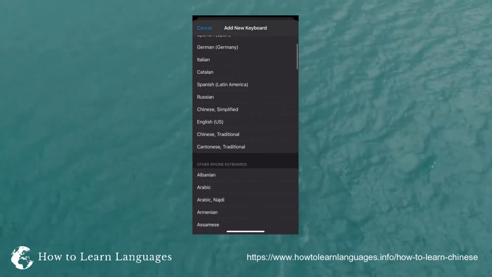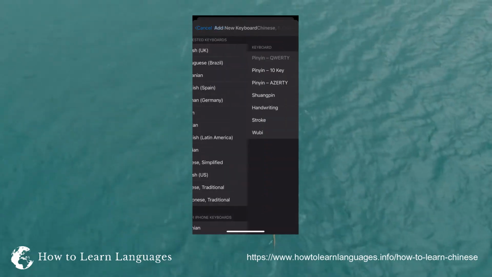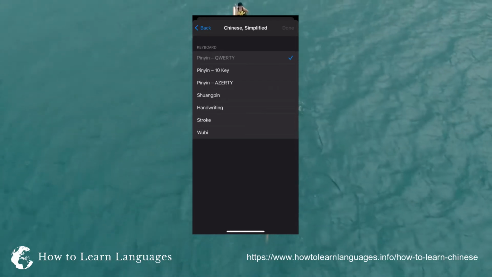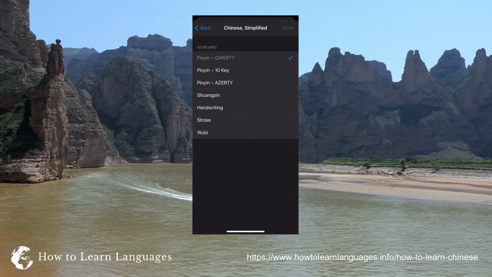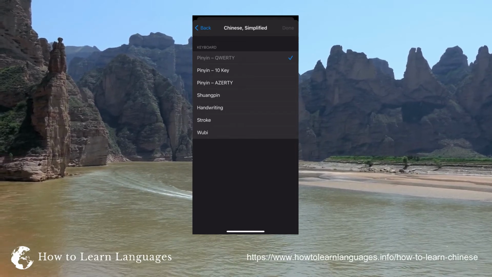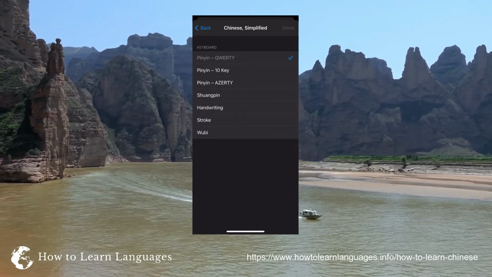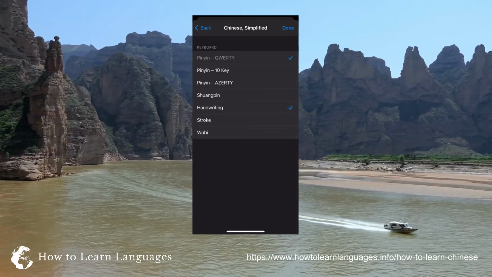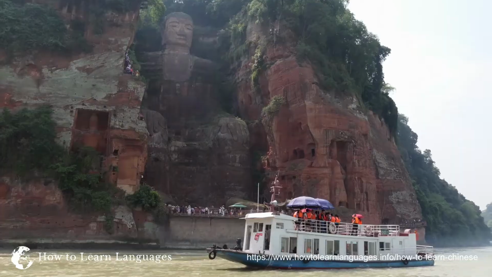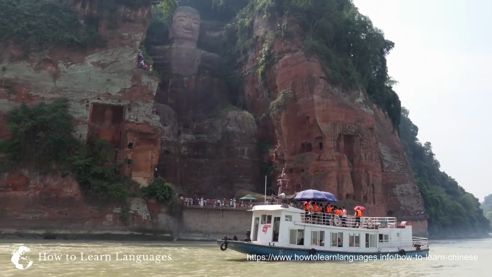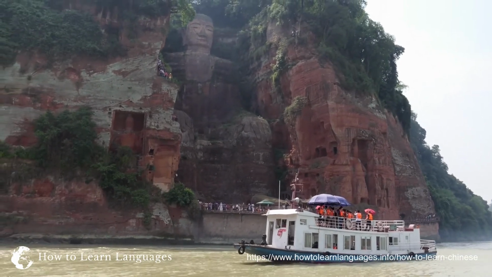Select either Chinese Simplified or Chinese Traditional, depending on your preference. Once you select Chinese Simplified or Chinese Traditional, you'll have the option of adding different types of Chinese keyboards. To add handwriting, select Handwriting and then press Done in the top right of the screen. You can now use the handwriting function when typing on your phone.